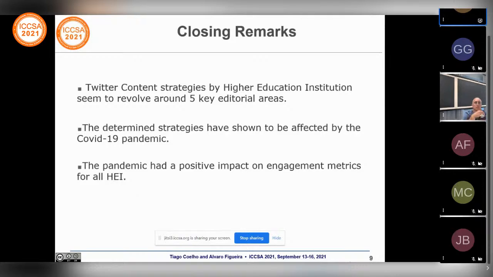Besides that, based on the previous results, we can also determine that the strategies have shown to be affected by the COVID-19 pandemic. As you've seen before, there have been multiple dominant topic changes. In regards to events specifically, the events topic was the only one besides health that managed to increase in all of the 3 observed metrics, showing a need for social interaction resulting from the current pandemic restrictions. The increase in health and decrease in research.